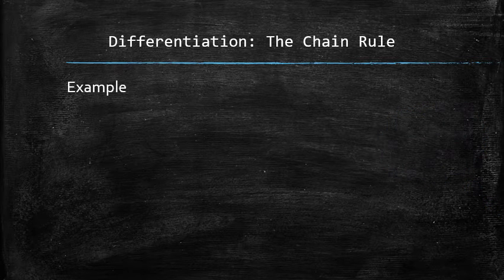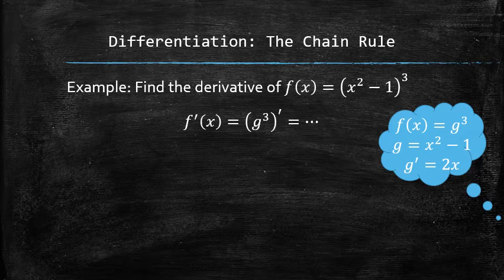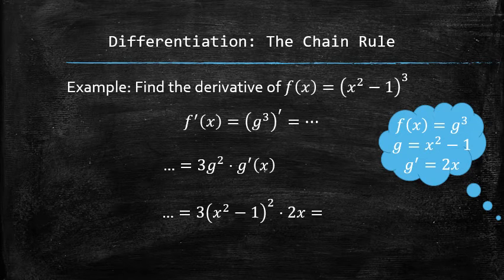Let's do another example. We start the process by recognizing that we have to find the derivative of a composition of the cube function applied to a quadratic function, which is equal to the following expression, in which we know how to find all the components. We get the final answer after plugging everything in and simplifying.